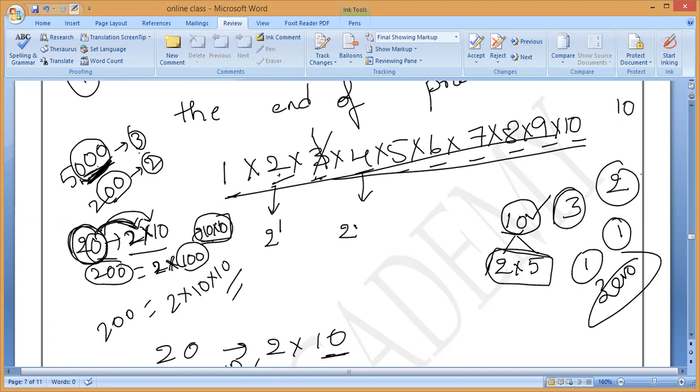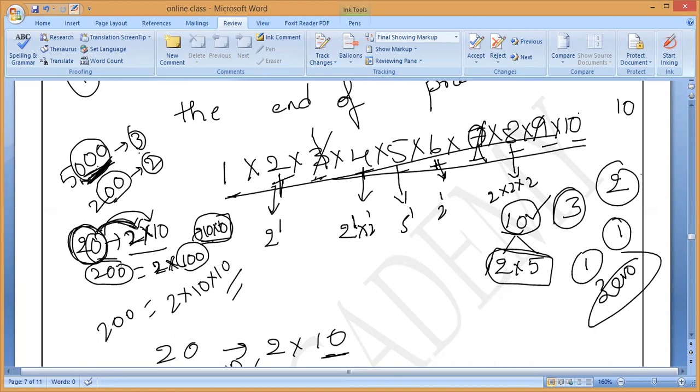So like that you just find it. Here 2 is there, so 2 power 1. Here 4 is there. 4 is the product of 2, how many times? 2 comma 2, so 2 twos. Now 5, one 5 is there. Next 6. Is it a product of 2s? 2 into 3, so consider one 2. Do you understand? Next 7, nothing is there. Next 8 is a product of whom? How many twos? 2 into 2 into 2, 3 twos. Next 9, not there.